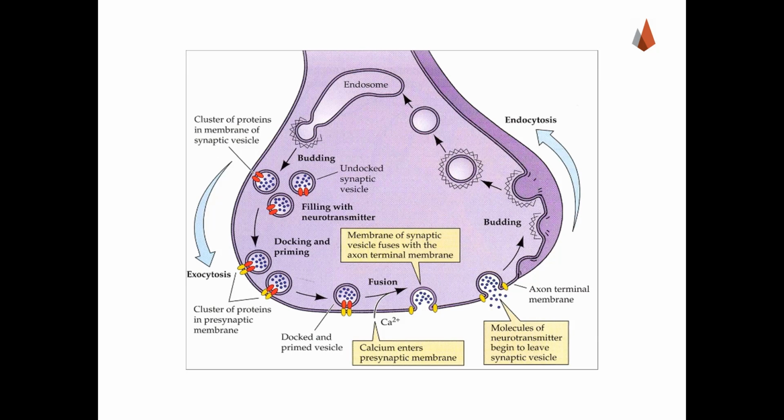And once they've bound, they're basically forming, what's the word? Well, it's kind of like a zipper process. As you can see, those proteins inside the membrane will then open up, right? They will spread apart. When those proteins spread apart, the membrane of the synaptic vesicle is fused with the axon terminal membrane, right? And so that's how it releases the neurotransmitters without opening up any sort of area where bad stuff can come into the cell. So it's an amazing process because it's basically becoming part of the cell membrane, releasing its molecules, and then closing back up. As you can see on the right hand side of the image, it closes back up and